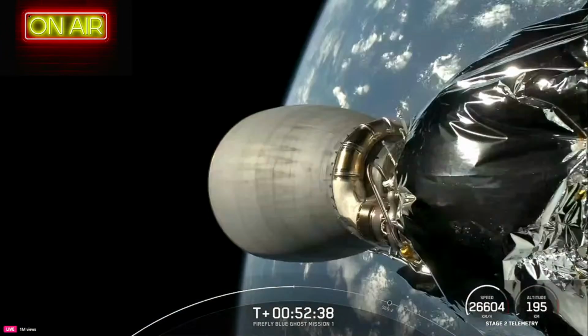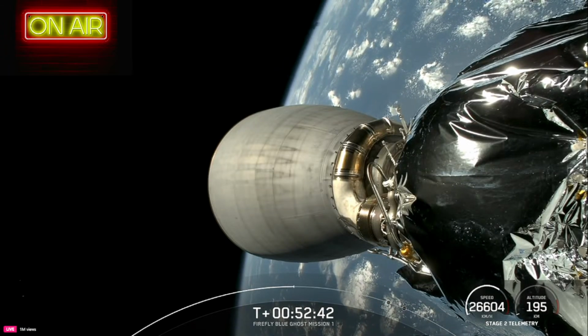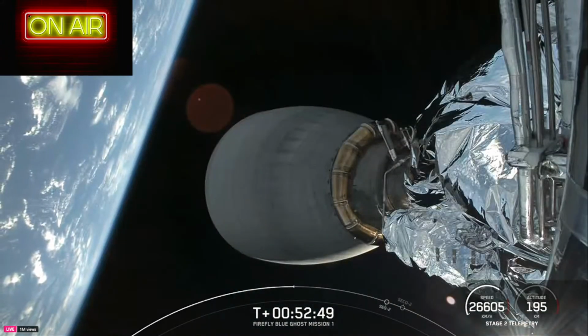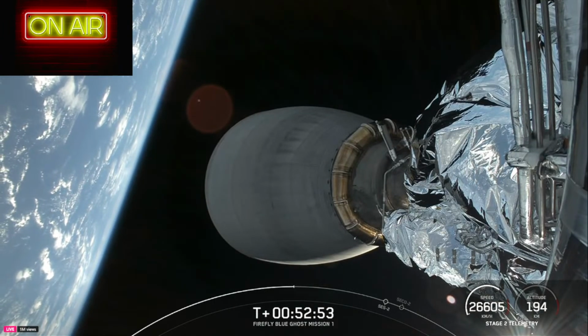Thank you, Ray, for the breakdown. Blue Ghost will deploy in about 15 minutes from now. And Ray, what can you tell us about the journey it's going to take to the moon? So the journey to the moon is going to be elongated. It'll be 45 days in orbit. And we really want to keep everybody updated with us as we go along this journey. So we'll be doing daily updates on our mission page and our X channel. We'll also be doing